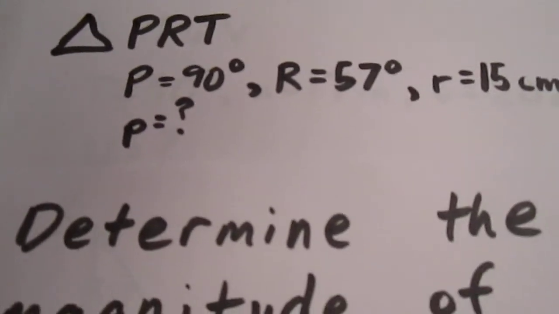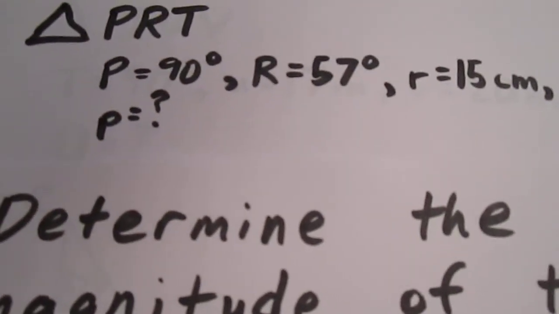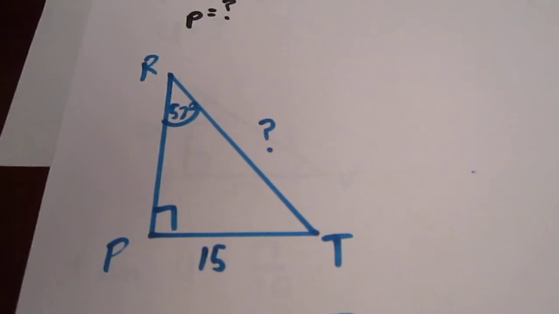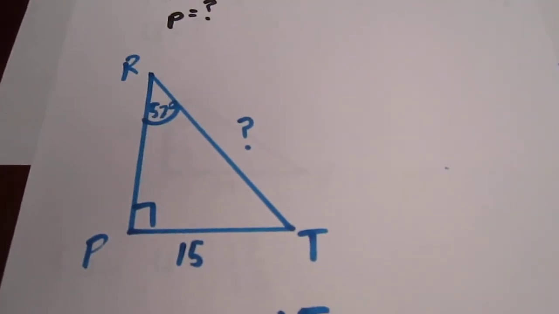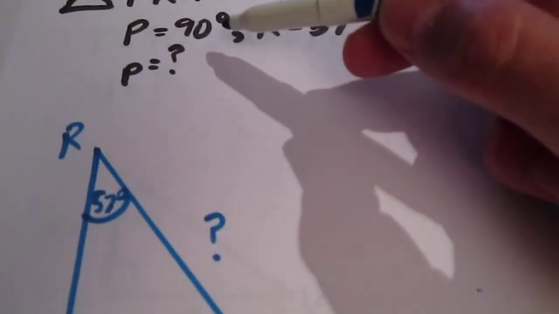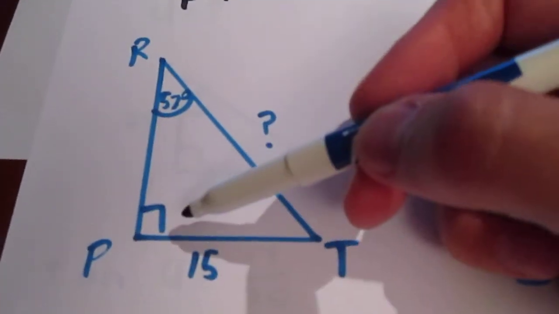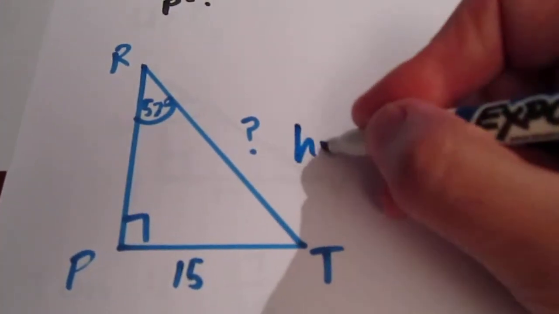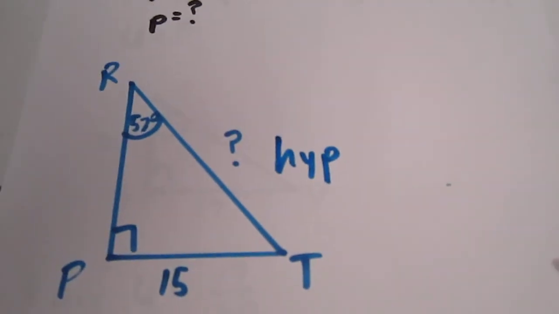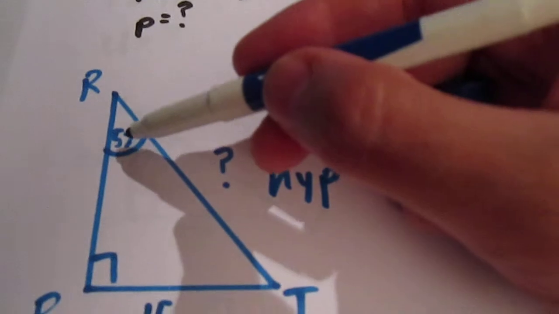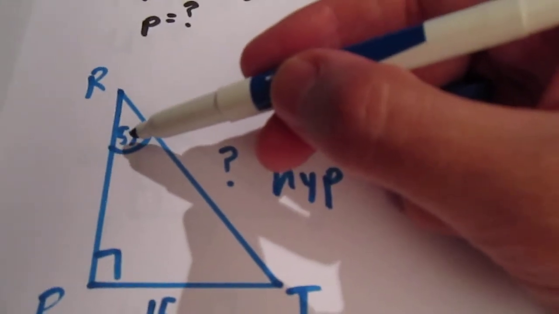long side p is. So what we do is we draw a triangle, a right angled triangle, and we do our best to make it look reasonable, but it doesn't have to be drawn to scale. So we put the 90-degree angle to be P right there, and because that is the 90-degree angle, we can see right away our hypotenuse is out here. Now we have an R of 57 degrees, so we realize that this is going to be the relevant